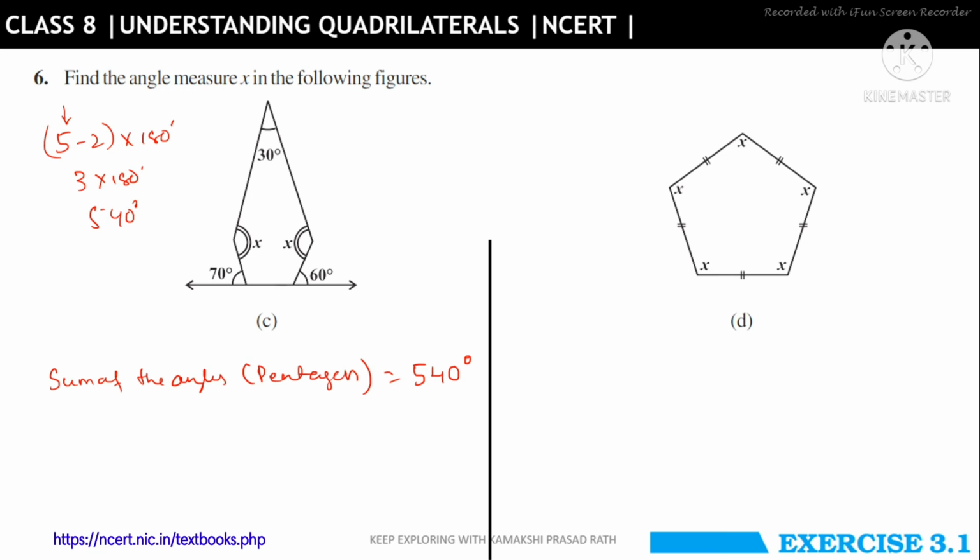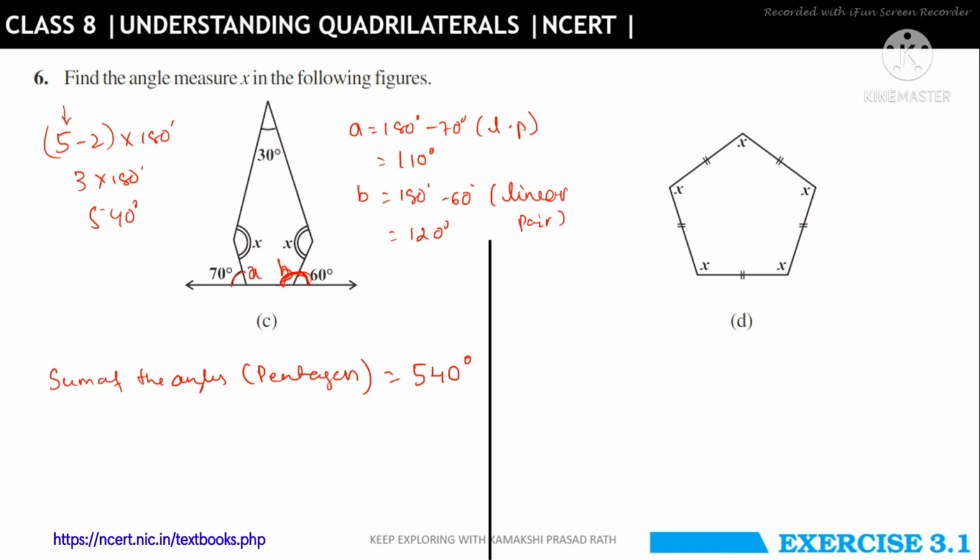So for this, 5 angles are required. Two unknown angles we have. We want these missing angles. So let's name them A and B for our understanding. First you have to find A and B. So A will be nothing but 180 minus 70 degrees. We can say linear pair. So 180 minus 70 gives you 110. And B, same thing, 180 minus 60 gives you 120 degrees. The same reason, they are linear pairs. You can see here 60 and B. These are linear pairs because they form a straight angle.